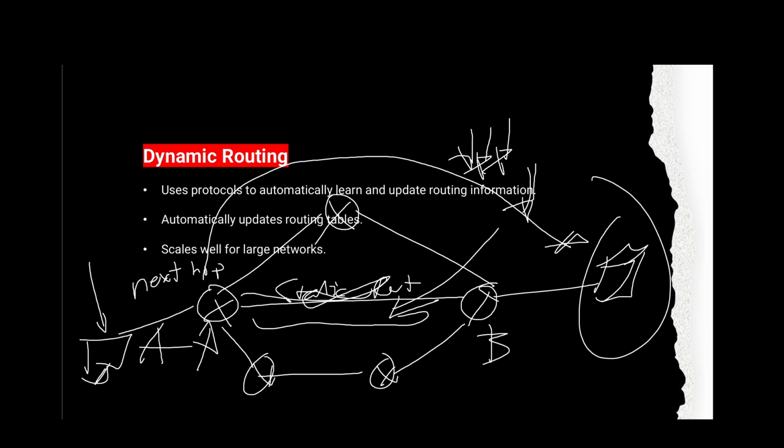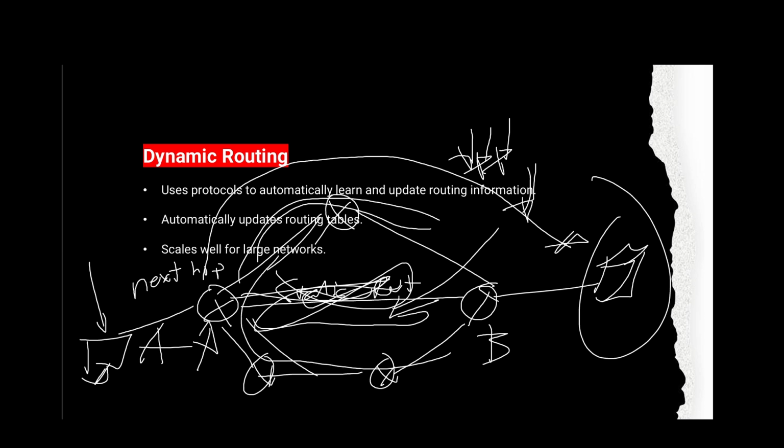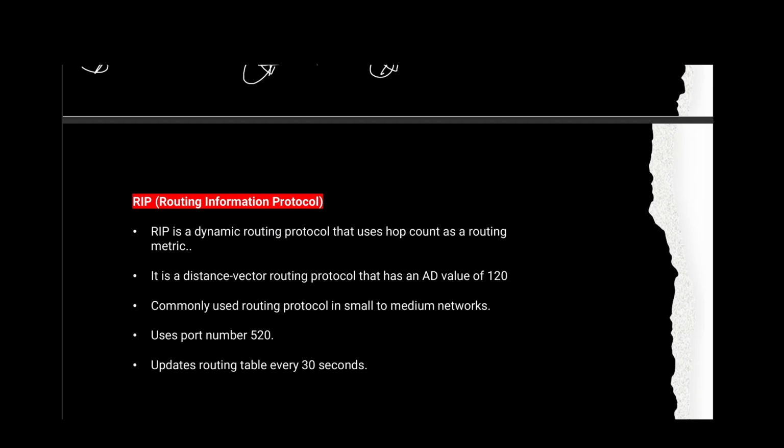Because if you're going to use dynamic routing in the setup, there will be path 1, path 2, and path 3. And once this one is down, depending on the routing protocol, it will choose a different path. Here, it could go to this path, or it could go on this path. So that's why we also have to know